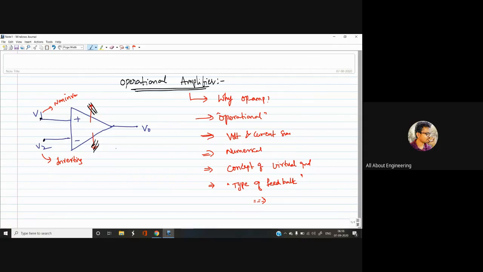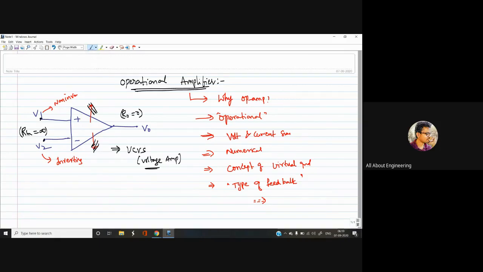And this operational amplifier, if you recall the first lecture, is called a voltage controlled voltage source or voltage amplifier. So the necessary conditions for a voltage amplifier is the input impedance Rin should be infinite for the ideal case and R0 should be 0. So these are the ideal case conditions for voltage controlled voltage source or voltage amplifier. These things we are going to see in the electrical model representation of op amp. So those things we are going to see soon.